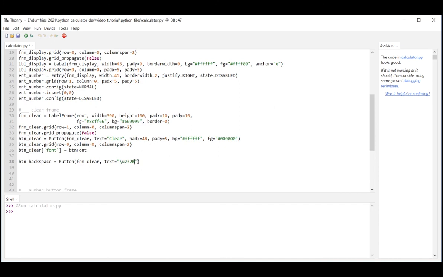So this is the kind of universal code that all operating systems, all platforms use to represent symbols and characters. We'll be using it here for not only the backspace character, but the divide, multiply symbol and the change the sign on button. So we also want to give it a padx of 10